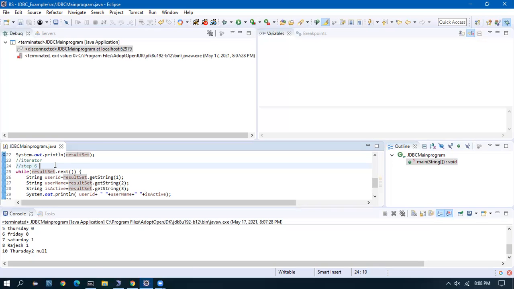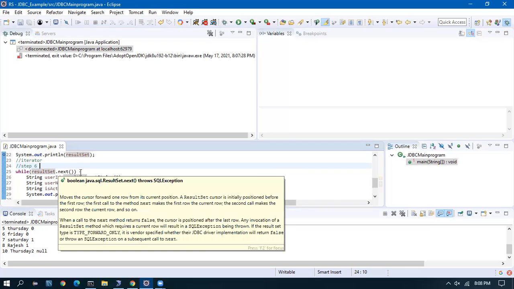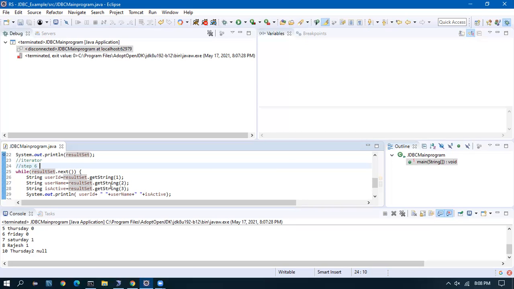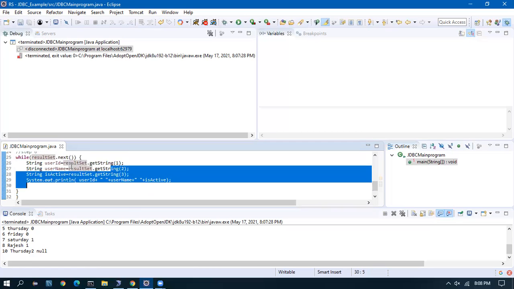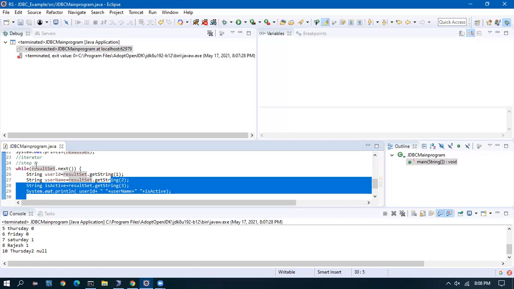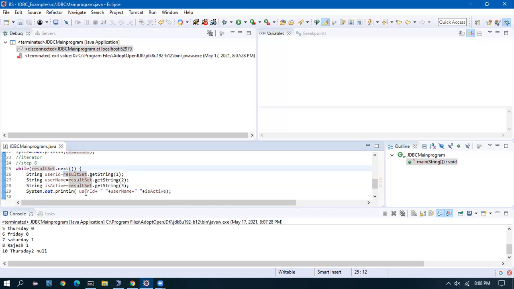The cursor starts at row -1, which is above the actual first row. Once we call next, it enters the first row, then we start receiving the values. Automatically this will continue with while rs.next until we have a row, and we will be getting the values.